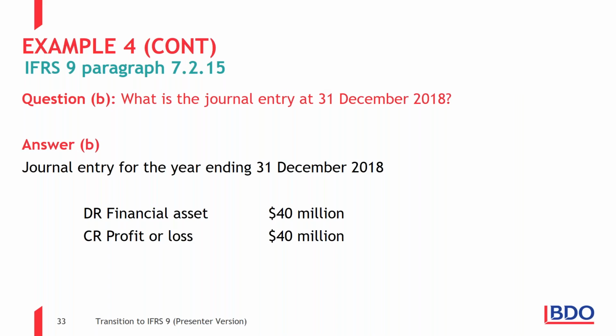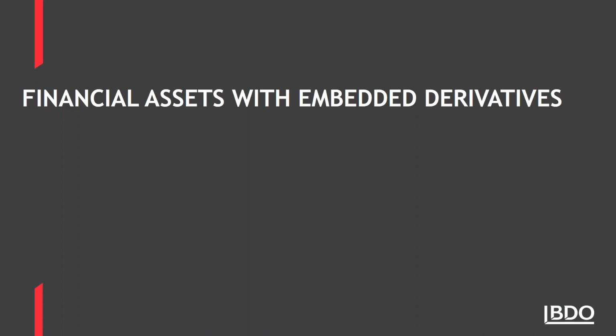So important, we debit the financial asset at 40 million and we credit profit and loss 40 million. So this is just an example to illustrate if your financial asset is a debt instrument, how would the transitional requirements apply? Right. Now, I suppose for the hardest one we'll be looking at today, what about financial assets with